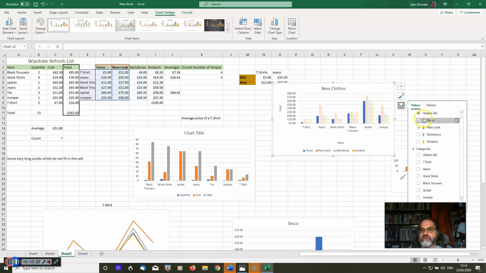So when I do that, you can see that now only two shops are appearing. I can do this and only Tesco's is appearing. I can bring that one out. I could put all those back, and I could just do t-shirts, so it just shows me that data. Quite interestingly,